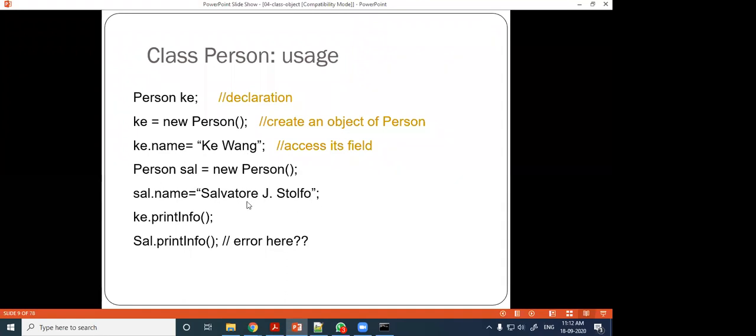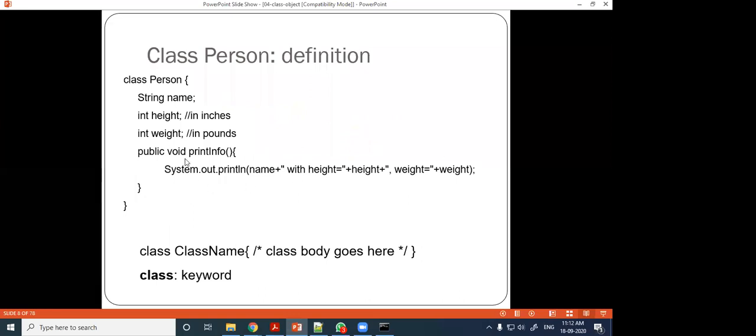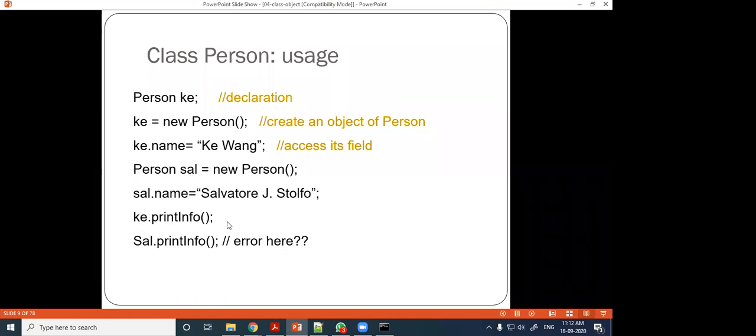Okay, these are the information stored in separate memory locations. When the print info function defined in this class is called, it will print the ke info, which means it will print the k1, and automatically the other values will be 0, 0, and shall print info will print this one, and automatically.